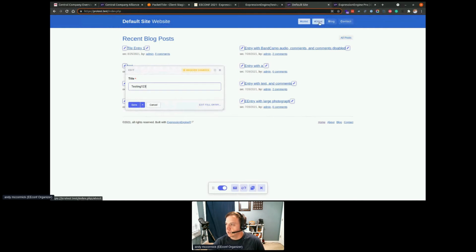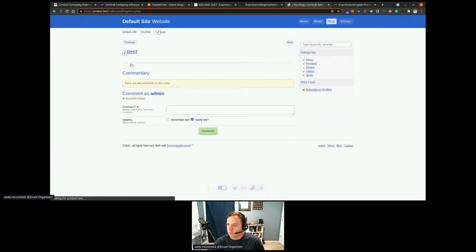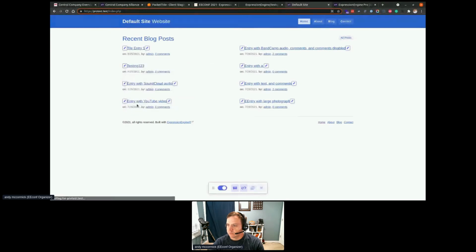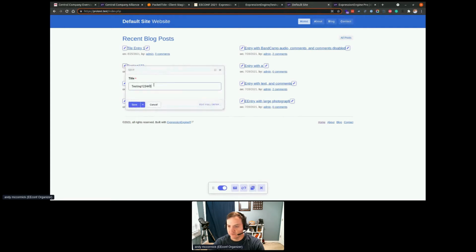So now what I'm going to do is I'm going to do that classic, oh, I meant to click my window, but I clicked the link. Oh, no, I don't want to lose my data. But now if I go back to the default site, you'll see it brings back up my window, and it has saved my unsaved changes here. So now I can just simply press save, and there they are. Again, if I have multiple ones, 555,